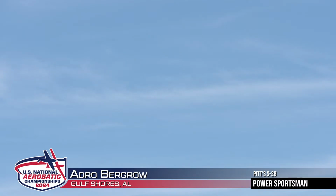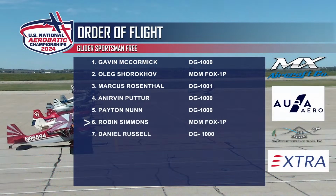Categories moving right along. A couple more glider pilots, then it will be all powered the rest of the day. Take a little break and move into the advanced category. I know all those pilots are anticipating getting to fly. It's exciting to watch all these pilots vie for a spot on the United States Advanced Aerobatic Team. We've got 3 pilots already granted a spot on the Advanced Aerobatic Team. Britt Leakin, Mike Celebretti,